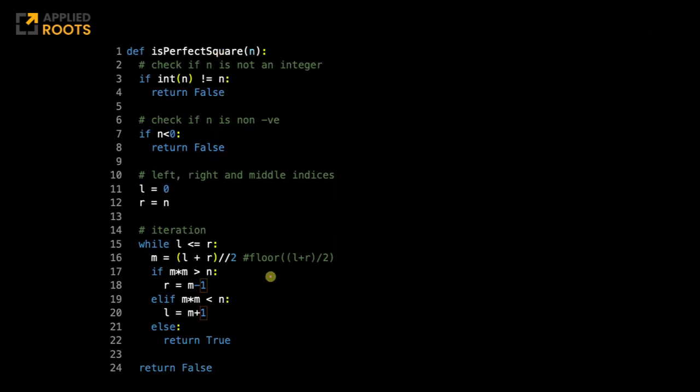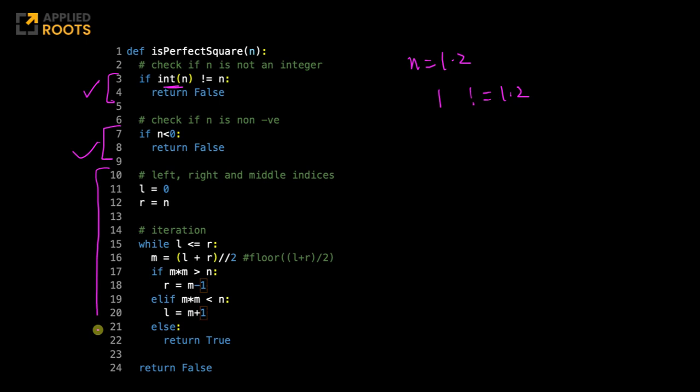Okay, so here is the code. Again, whenever you write code, please try to add these simple comments. This is a function perfect square n. Check if n is not an integer. How do I check that? If int of n is not equal to n. Because imagine if n is 1.2, then int of n will be 1, and 1 is not equal to 1.2. So you return false, saying that what I have is not an integer, so this problem doesn't make sense. Similarly, if n is less than 0, return false. Very simple. These are two simple boundary cases that we are handling.